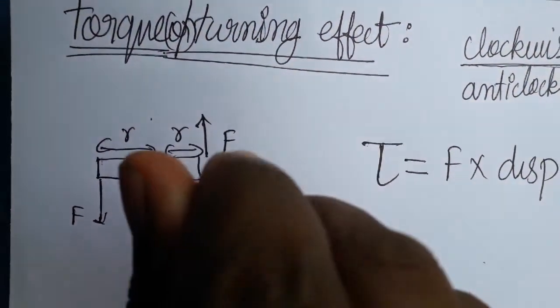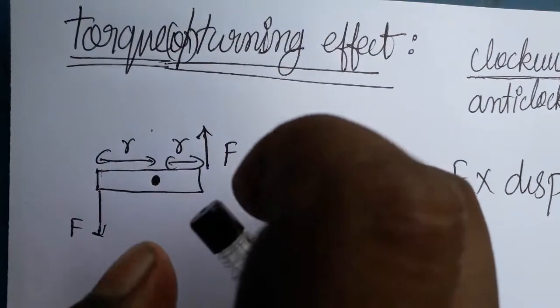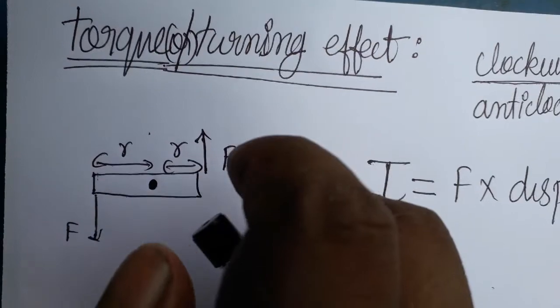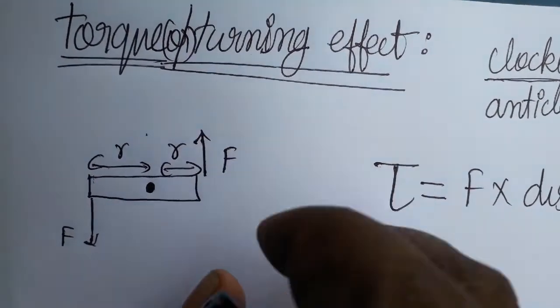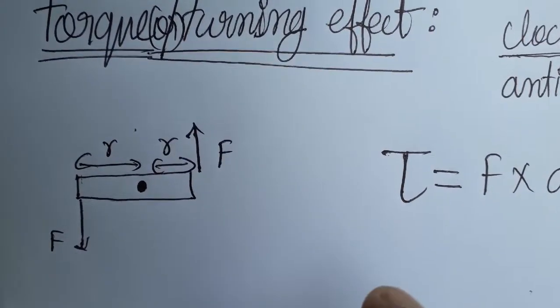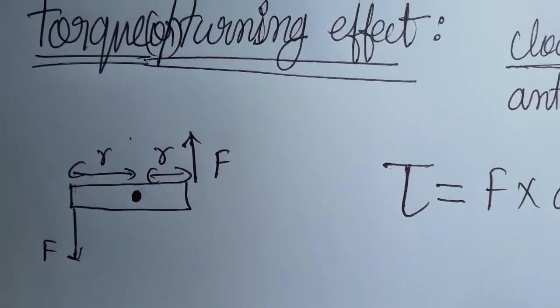See here, this also will be a torque. It's a couple force: two equal and opposite forces acting on each other. It's a pen cap. Another example is a car steering wheel. There are many examples of couple force.